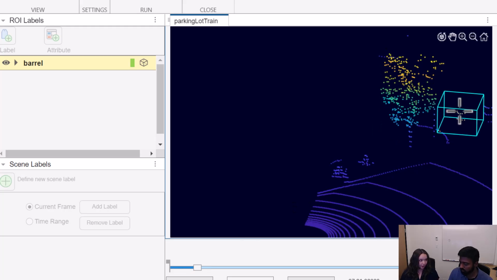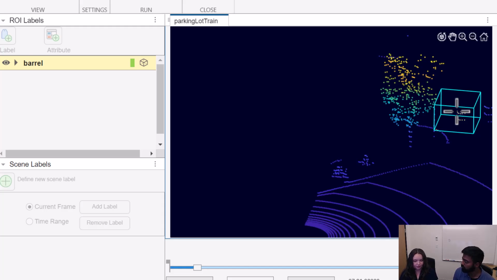Now it's worth noting that it's going to interpolate between two labels, and we have a few different directions in our video because the car is taking the turn and then we move forward. So it can be helpful to add a few extra labels, not just at the beginning or at the end, but anytime there's a change in momentum or direction.